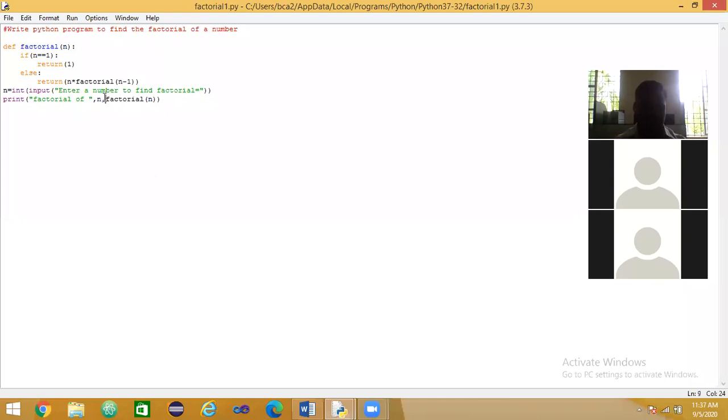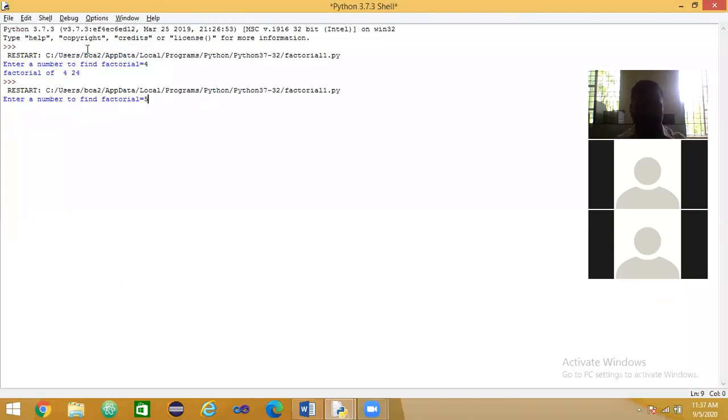Factorial of 5 is how much? 125? 120. Not 125. Factorial of 5 is 120.